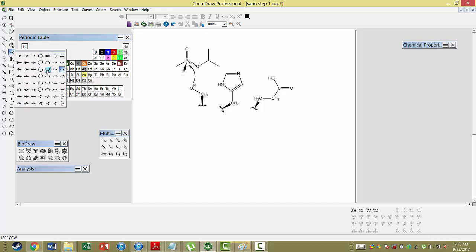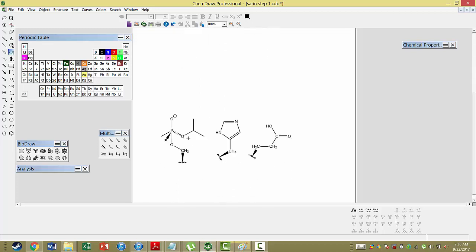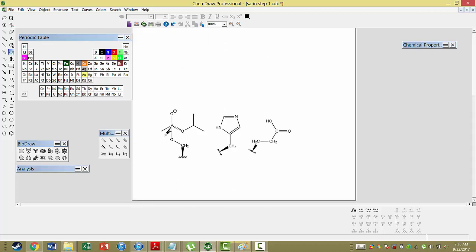Just like last time, the phosphate, this is too many bonds for phosphate, so this is going to go up. We're going to have a negative charge on the oxygen, and we're going to have a covalent bond to the rest of the enzyme. Now, if you'll recall last time what happened when this negative charge came down, this bond broke. But actually, we have a weaker bond here. That's basically the entire crux of this molecule. When this negative charge comes down, instead of this bond breaking, this bond is going to break. This P-F bond is really weak, and this fluorine is just going to fly off and do its own thing.